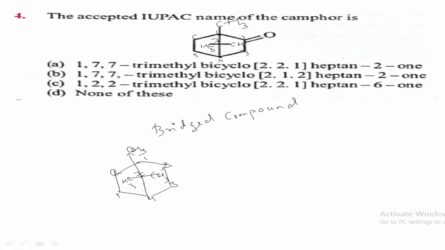Okay, students, now try the IUPAC name. Students, I told you first in presence of bicyclic compound, because these two carbon atoms divide this one and this one into separate parts. Is it right? Yes, therefore these are two bridged carbon atoms. Yes, the correct IUPAC name of this compound is